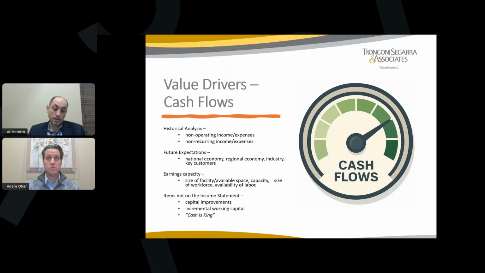Maybe you have investments on your balance sheet, and the income from those investments is flowing through to your P&L and your cash flows. We would pull that out of your cash flows because it's not related to the core operations of your business. We would add those investments onto the total value of your business after we calculate it, but for the sake of today's discussion, just know that we would pull that out of your total cash flow. It's separate from determining the value of the operating entity itself.